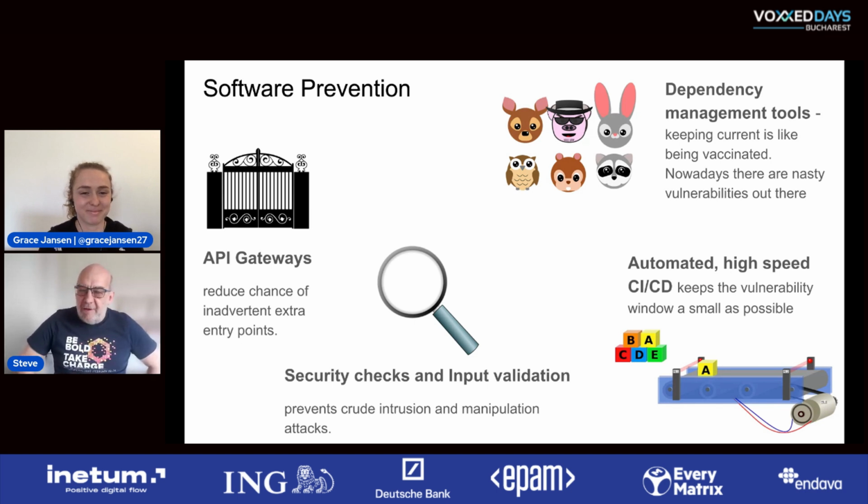We have cool tools for managing our dependencies because, let's be honest, 90% of the software that makes up an application comes from open source nowadays. So that means basically 90% of your application is written by somebody else. So dependency management, we know, is a really important aspect of keeping safe. And so we have those tools, trying to keep those bad dependencies out of the way.